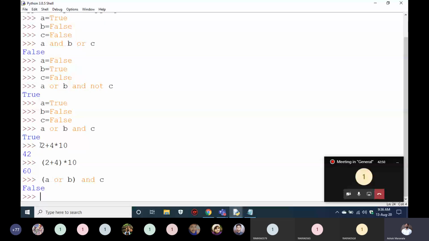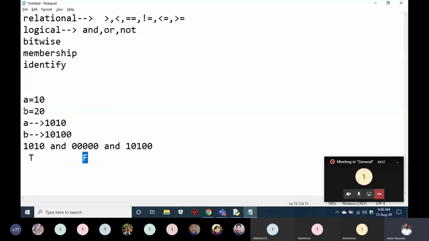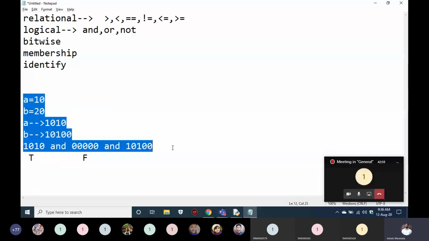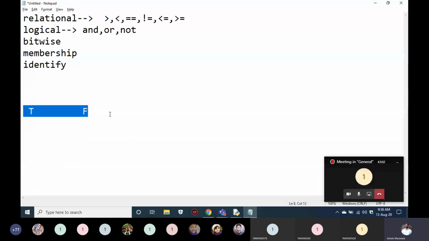Now as we have learned some logical operators, I will apply this in a practical, real scenario. Then you will get a better idea. When we use AND, if all the statements should be true, then we go with AND. If any one of them is true, then we go with OR. If anyone asks which operator to use, if all statements should be true, we go with AND. If one of them is true, we go with OR.